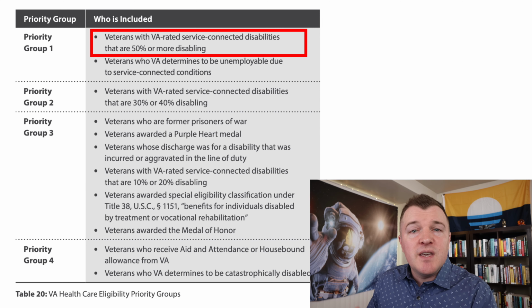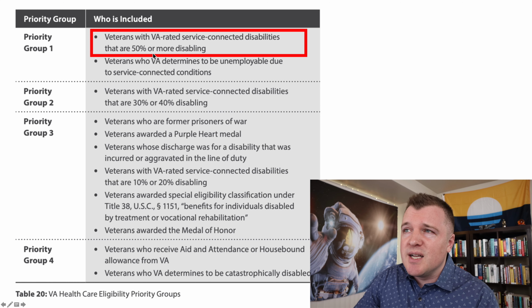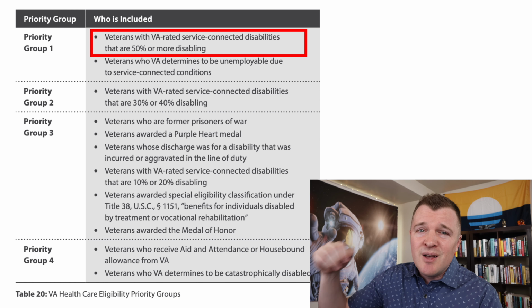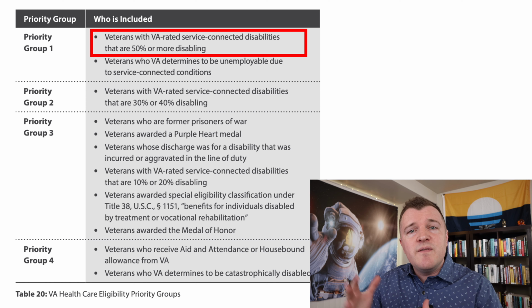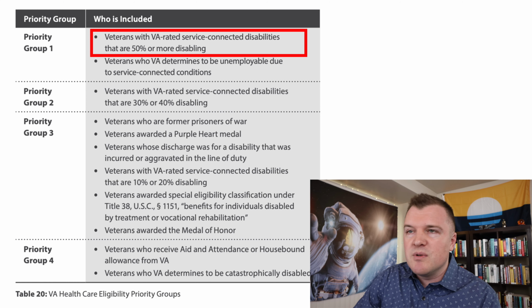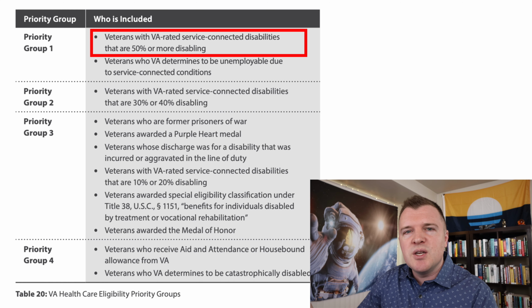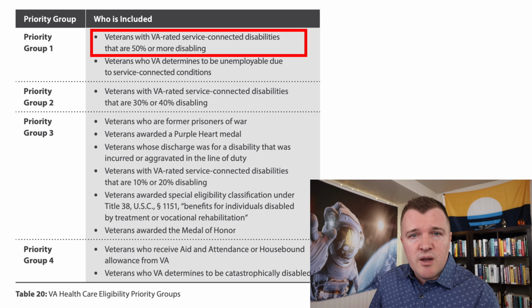And potentially the VA disability rating that you really want to go for is a rating of 50% or higher, because this makes you eligible for VA healthcare for life. There's no sign-up fees, no monthly premiums, and no deductibles. And you're allowed to go to a VA clinic for any condition once you're a service-disabled veteran with a rating of 50% or higher. Now, there still might be some copays for visits or medications, but I mean, this essentially could be free VA healthcare for life.